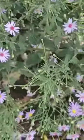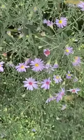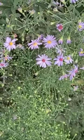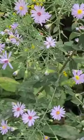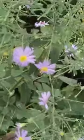This is a kind of aster kept in the Symphyotrichum, but I think this is not Novae Angliae. This is some other species. This is also blooming in late summer and attracting many